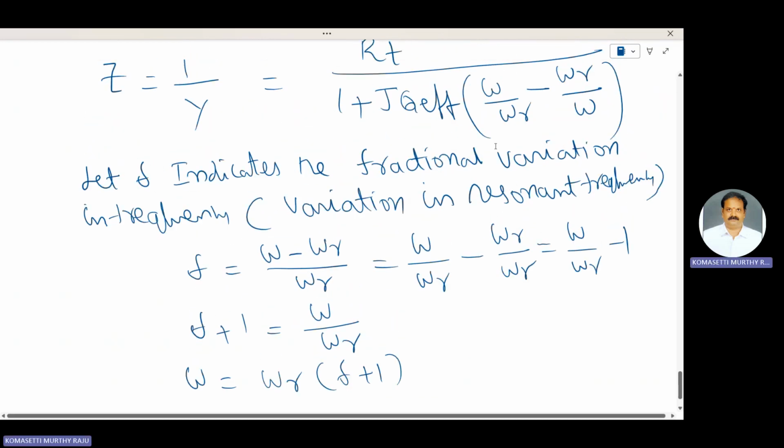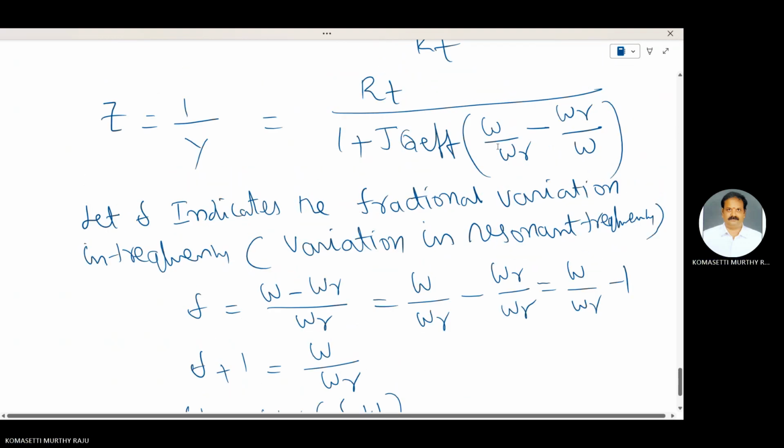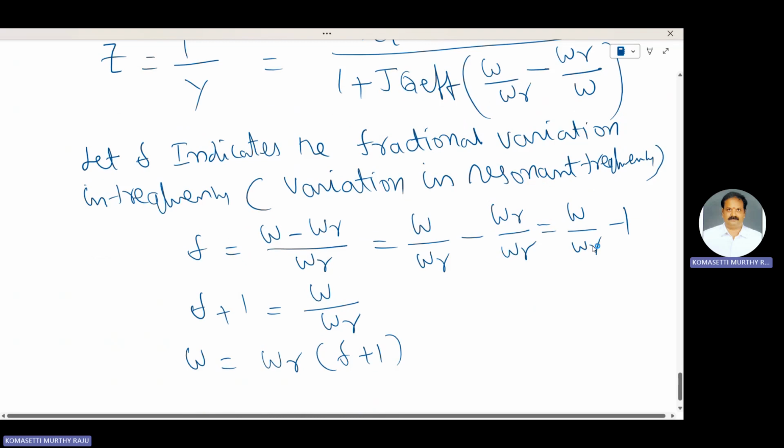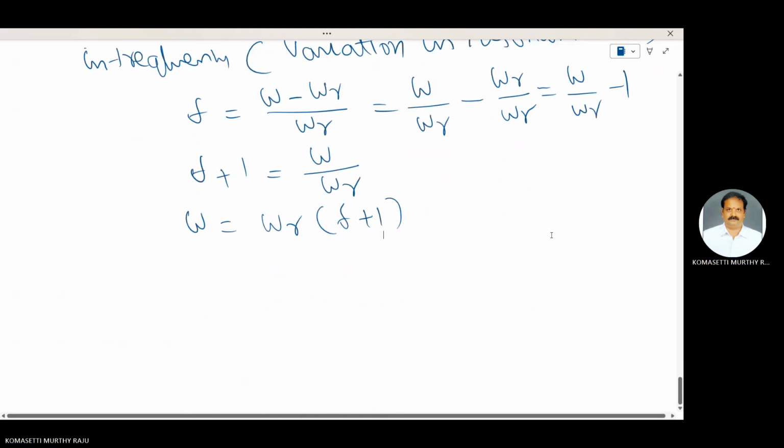Here, ω by ωR is replaced with 1 plus δ. Here ωR by ω is 1 by 1 plus δ. These two terms are replaced with a newly introduced term, that is δ, the fractional variation in frequency. Therefore, Z is equal to RT by 1 plus jQ effective